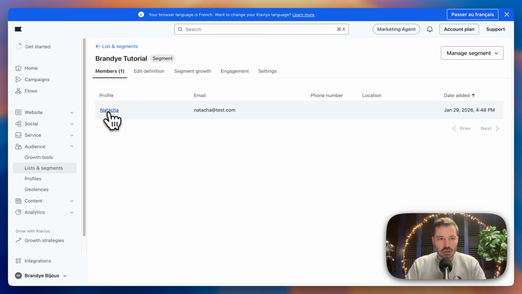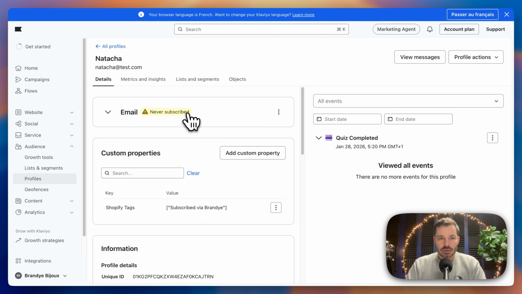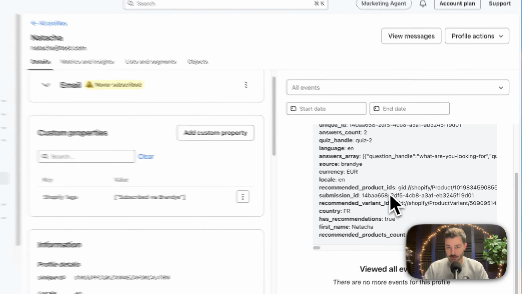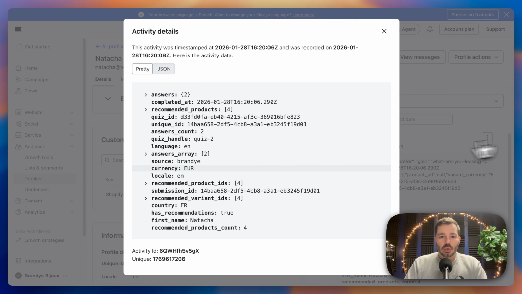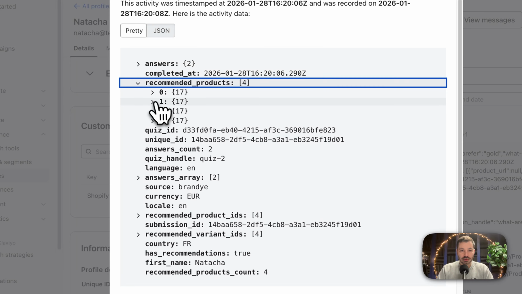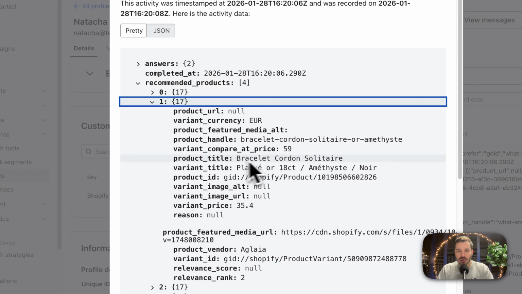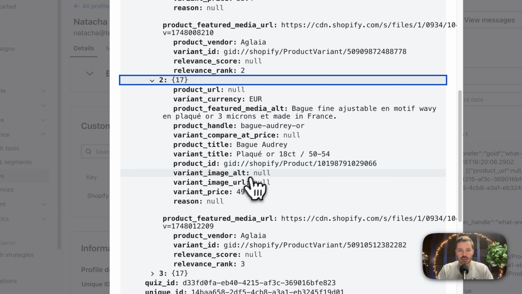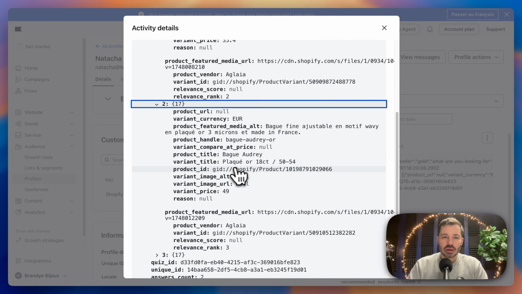who made a product recommendation yesterday. So if I go on this, I can have all the information about Natasha. You can find information about what kind of quiz and all the products recommended. So if I go here, for example, I can see it was the bracelet cordon solitaire. If I go here, you can see that it was the bag order at that time,